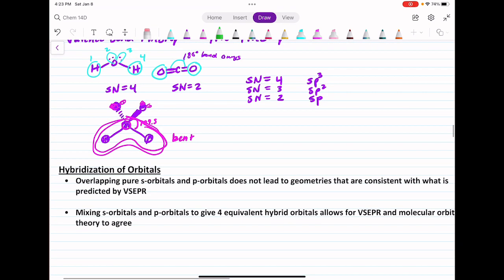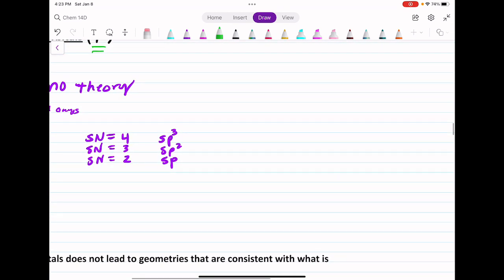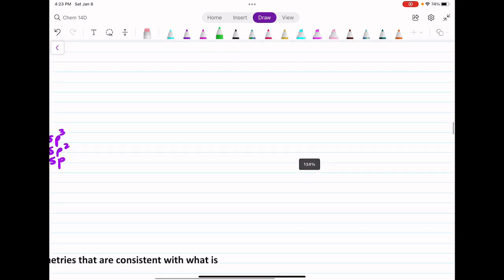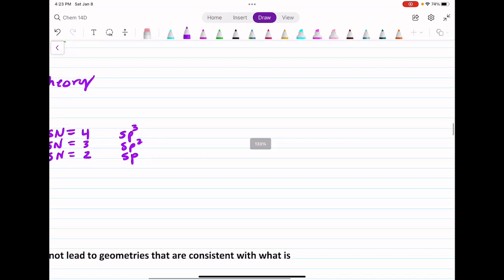And then we'll move on to the hybridization of orbitals, because we can actually use the hybrid orbitals not only in valence bond theory, but also in molecular orbital theory and how we draw those orbitals out. Okay, so let's go with a simple example of molecular orbital theory, and let's compare it with how we would have done, I guess, valence bond theory in this case, which will